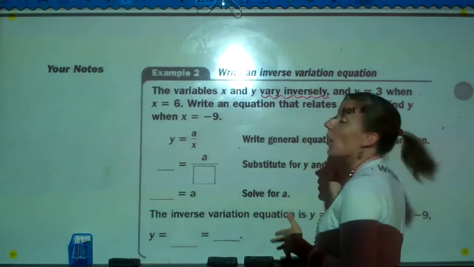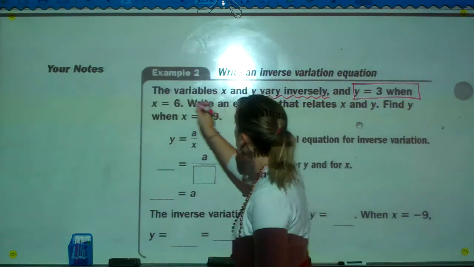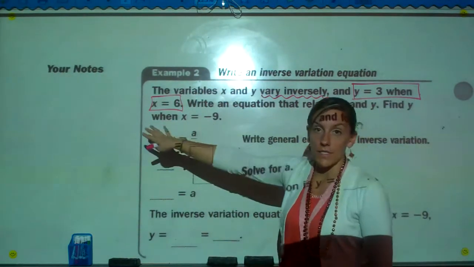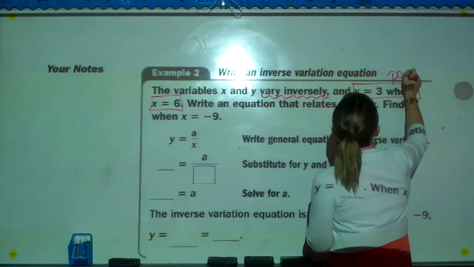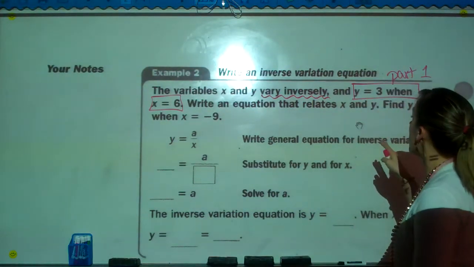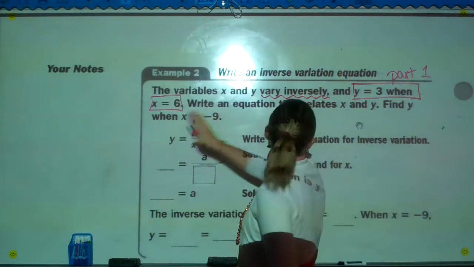So there's always two parts when you work this out. Part 1 is the first pair: y equals 3 when x equals 6. That's what we're going to deal with first. Then it says write an equation that relates x and y, and then find y